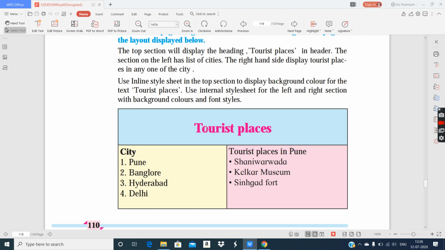When I was discussing this part in the class, I had already discussed how to solve this question with the help of division tags. Then I got a very valuable suggestion from one of our members: instead of enclosing each section in a division tag, if we use a heading tag to display this text, can we provide effects like border, padding, text align, and background color to the heading tag itself?